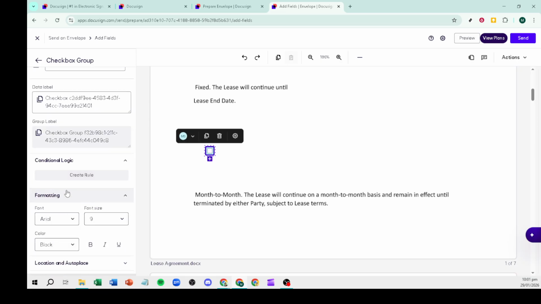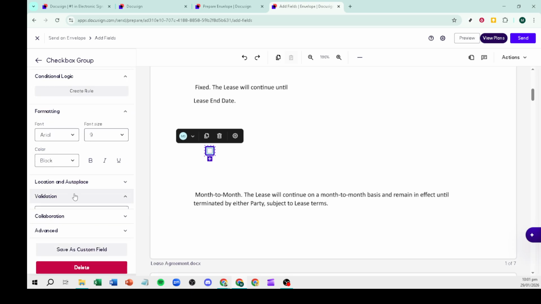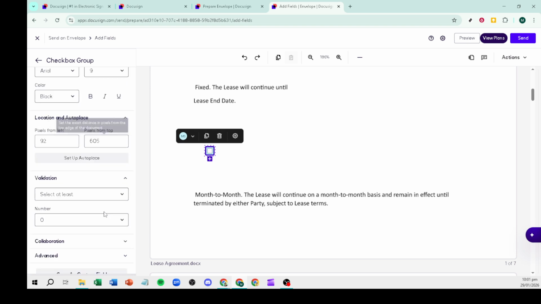Add clear text labels next to each checkbox so signers know exactly what they're agreeing to. Keep labels concise and unambiguous, and align them visually with the corresponding box to avoid confusion. If your document already includes printed text, position the checkbox so it aligns tightly with that text for a clean